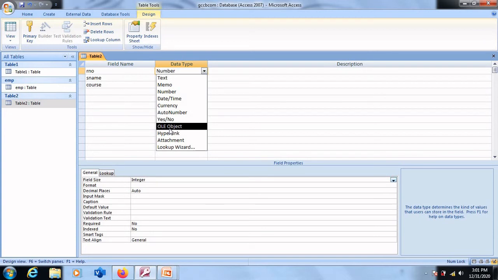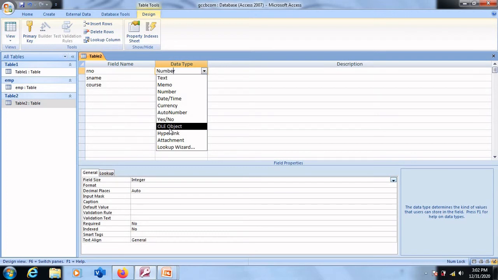The next one we have is hyperlink. Hyperlink is a special form of text that will act as a link to open a file when you click on it. You can define the text to display, the actual address of the file, a named section within the file, and a screen tip. It's usually better to use short text to do so. Now, what is the use of hyperlink in simple terms?